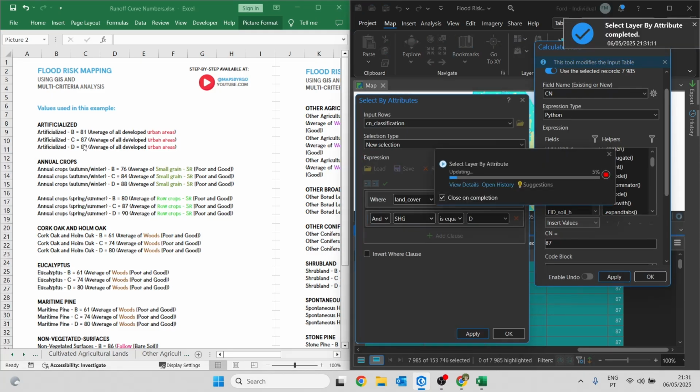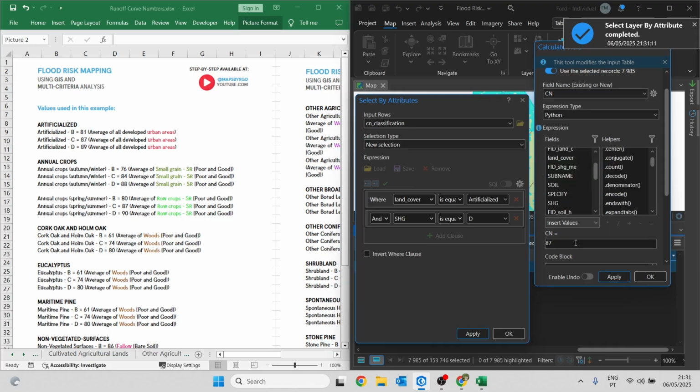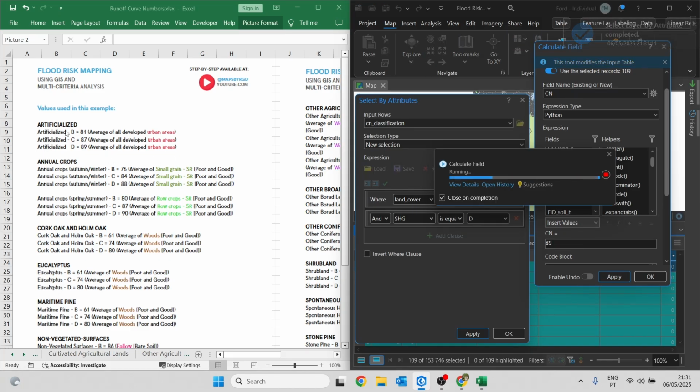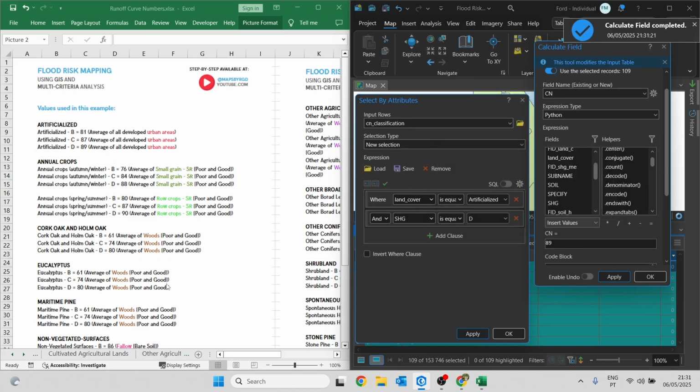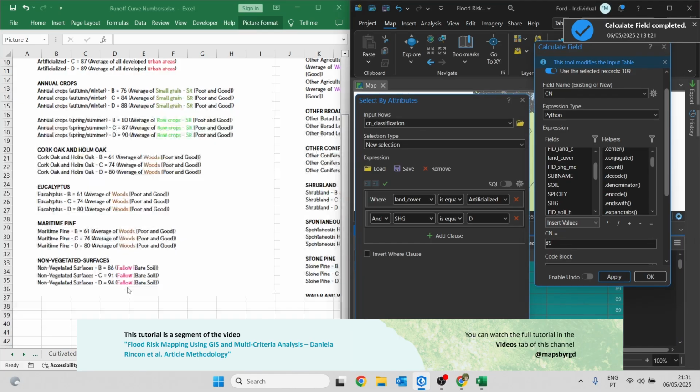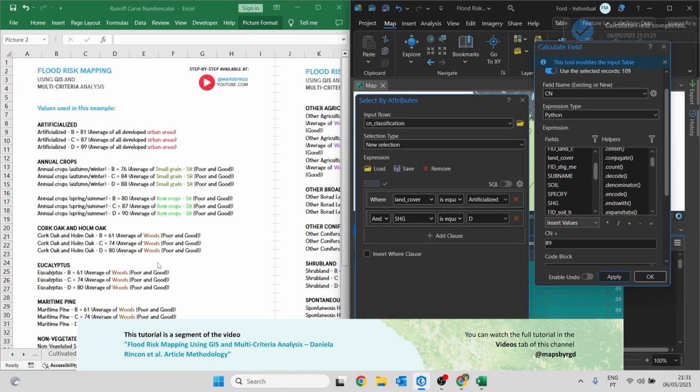And this one has the value of 89. Click apply. We now have all the artificialized areas filled in, and we need to repeat this process for all the other entries in our table. Since this is a very repetitive task, I'm going to move on to the next phase